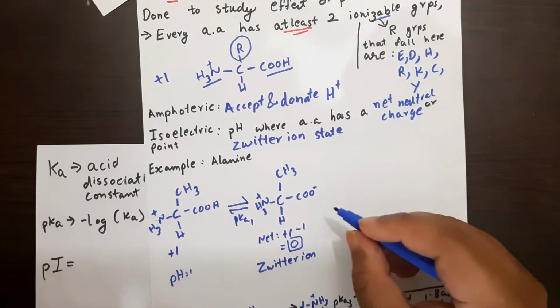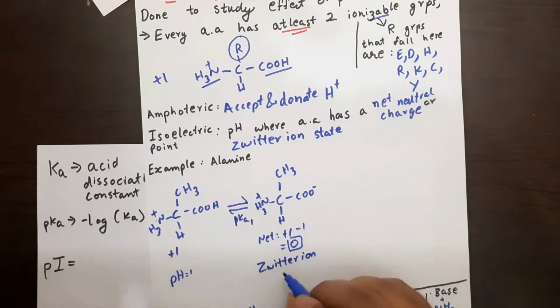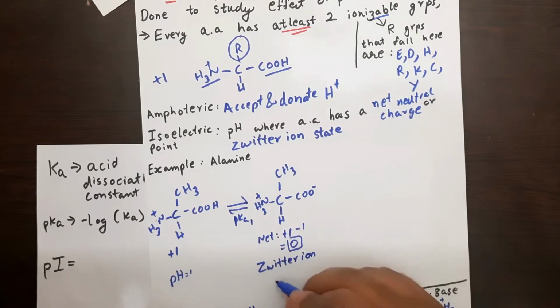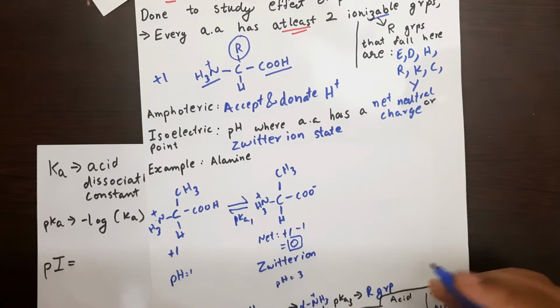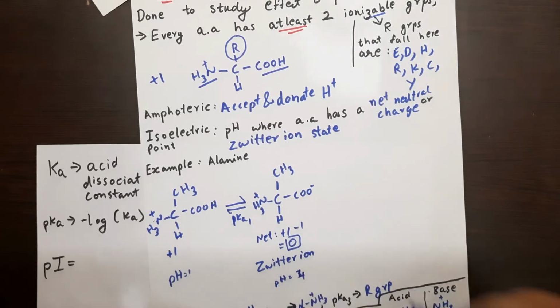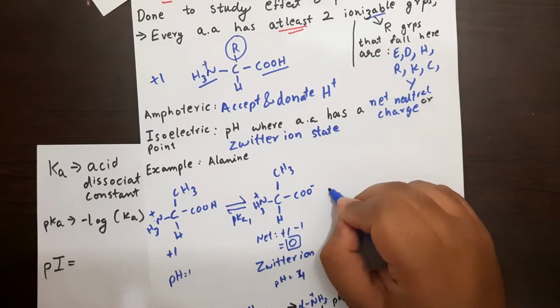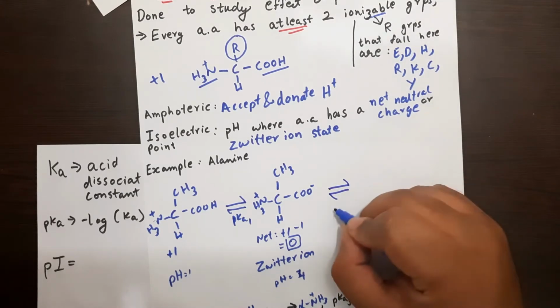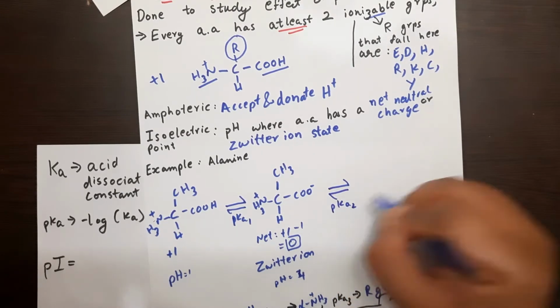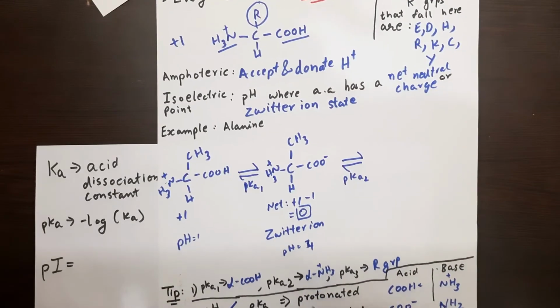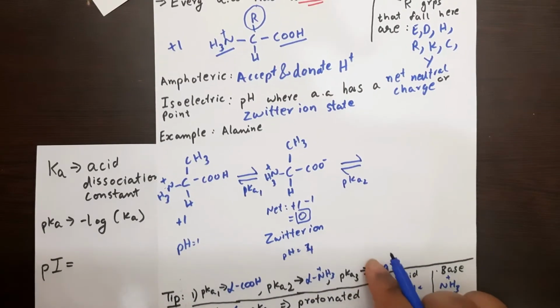Alright, so now we have to continue. Now this pH has slightly increased over pKa1. Suppose pH over here is equal to something like 3 or 4. Let's make it 4. Now for our experiment, we continue increasing the pH such that we cross another place called the pKa2. Now pKa2, as I mentioned before, please remember this, always corresponds to the alpha amino group.